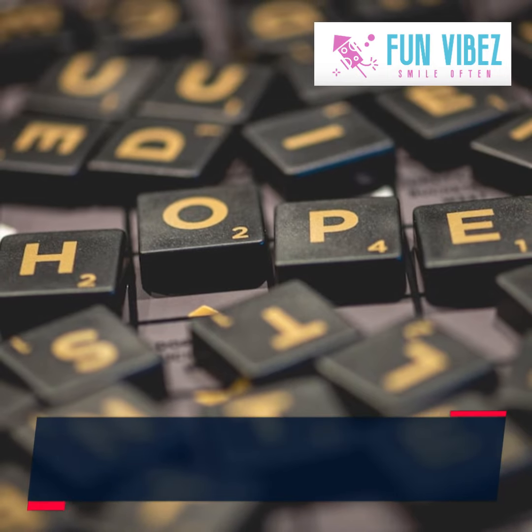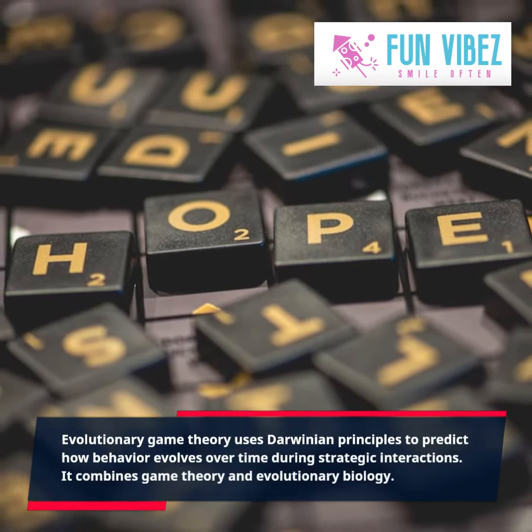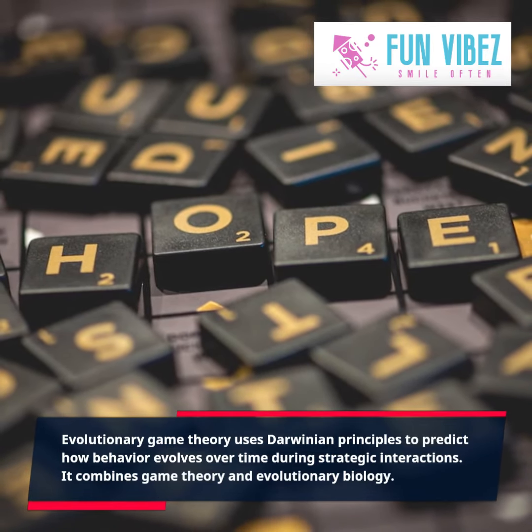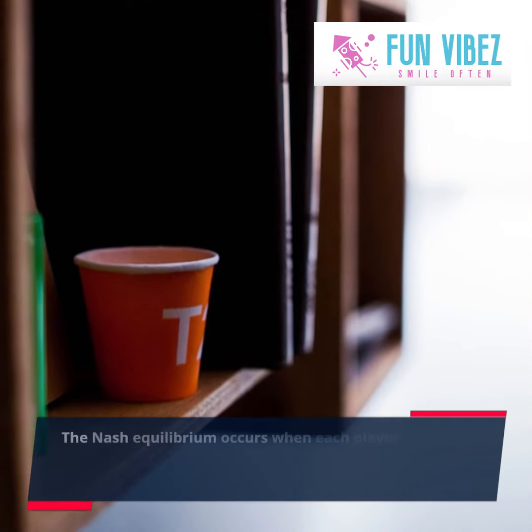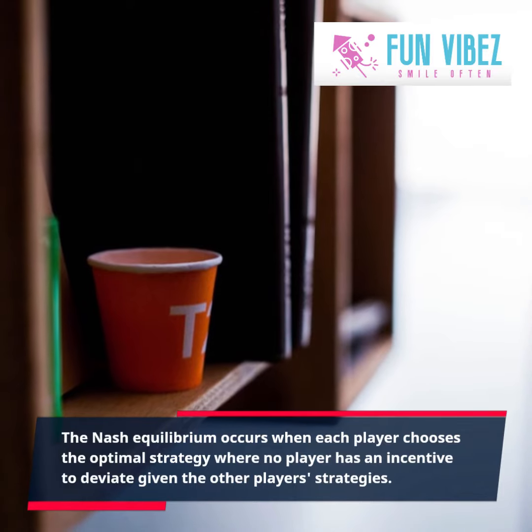Evolutionary game theory uses Darwinian principles to predict how behavior evolves over time during strategic interactions. It combines game theory and evolutionary biology. The Nash equilibrium occurs when each player chooses the optimal strategy where no player has an incentive to deviate given